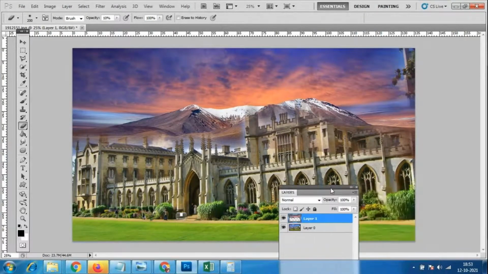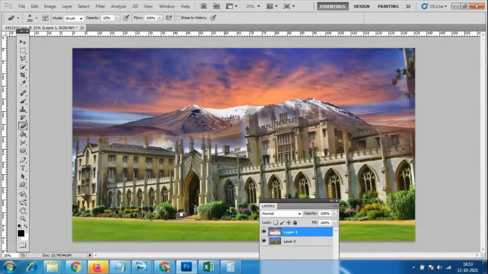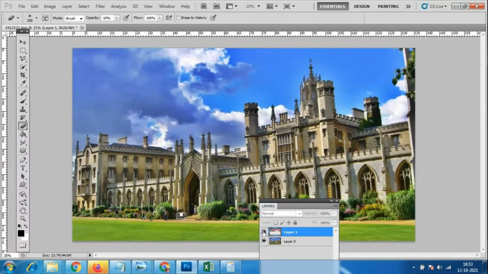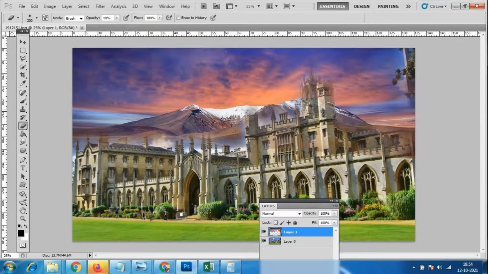You have to select that particular area and see wherever you want this building neatly. So you have to click more times. Here I'm clicking many times, only there itself, no need to make it like this and all. You have to click only the area wherever this building is. Look at this, only the building area I'm clicking, because if we erase it, this background of this hill will be affected. Otherwise you can hide it and check how the building was before, and those areas I need to cover. There is some area over here that we also need. So look here.